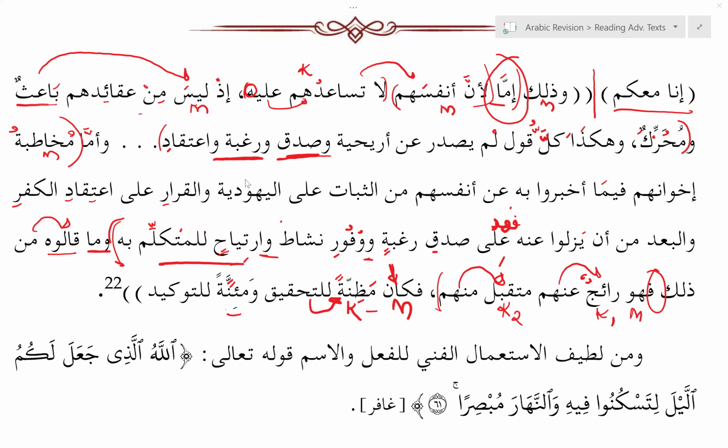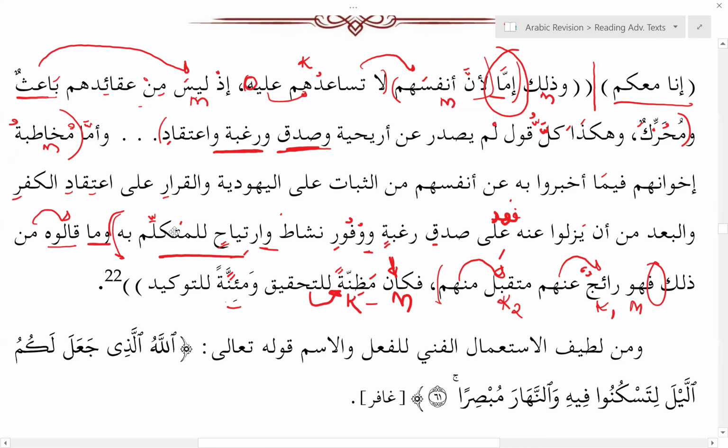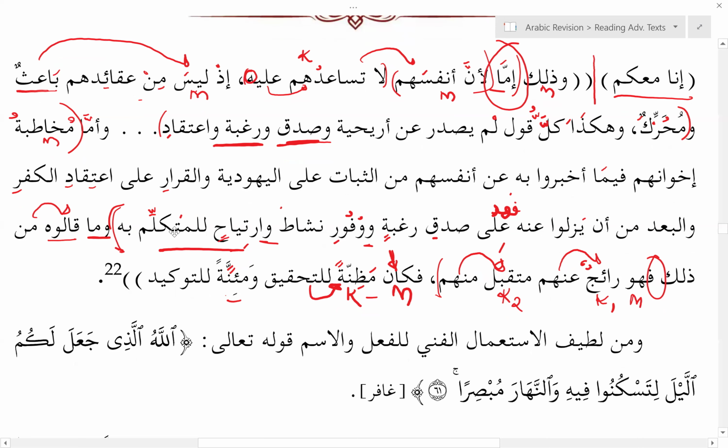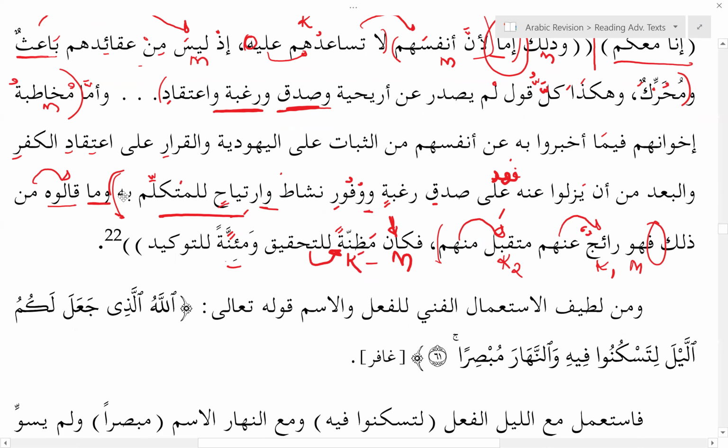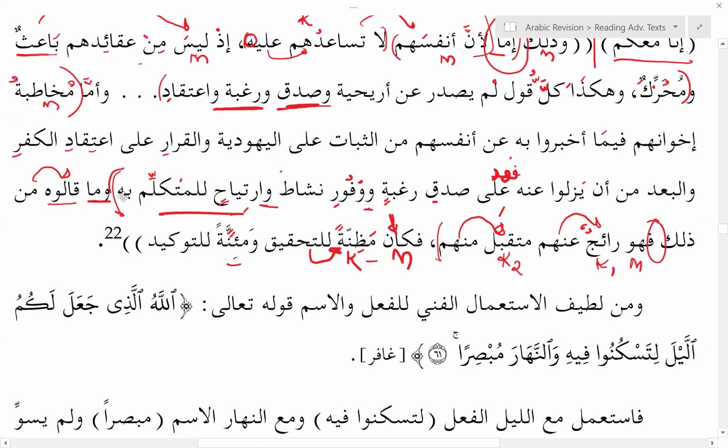Yeah. All right. So I think now we understand this amma in our text. So فأما مخاطبة. You can see now this one is followed by a jumla ismiya, and that's why we are taking it as a mubtada, because it's followed by a jumla ismiya. Where had we stopped? I think we had finished this whole section, but I just wanted us to clarify the idea of amma and how it fits in a shart sense.